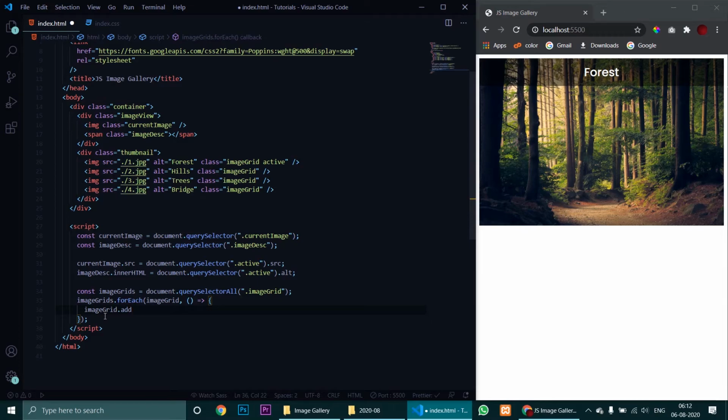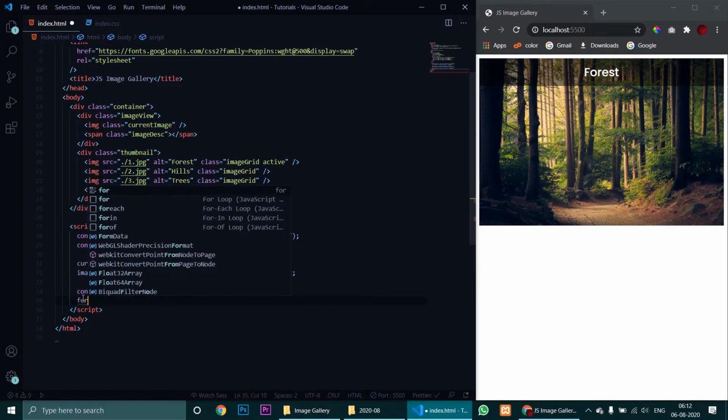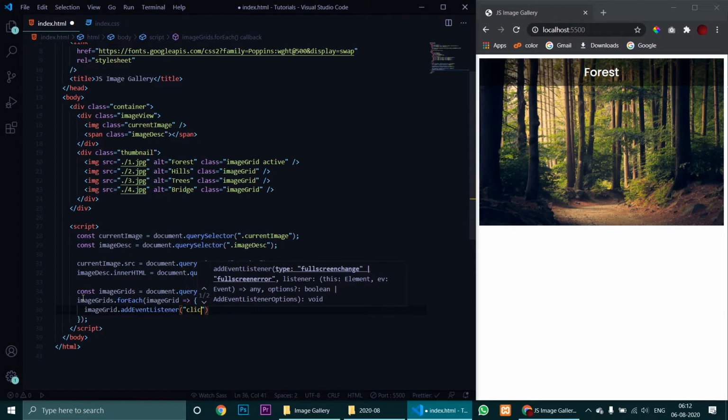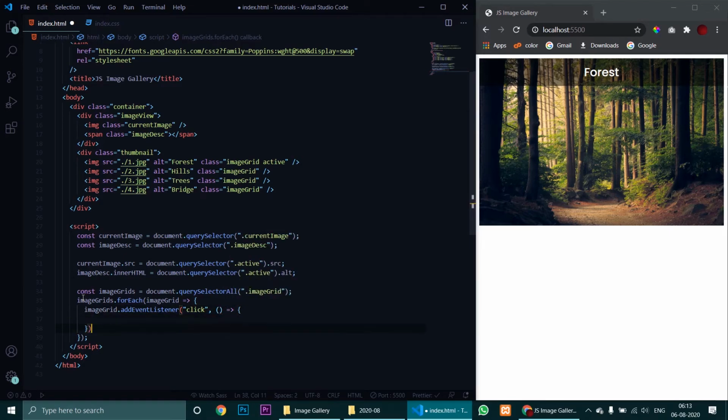Oh, there is some problem, I guess. That's right. I have the syntax wrong. Image grids, image grid, and then we need to add an event listener so that whenever it is clicked, we will run a function, like this.